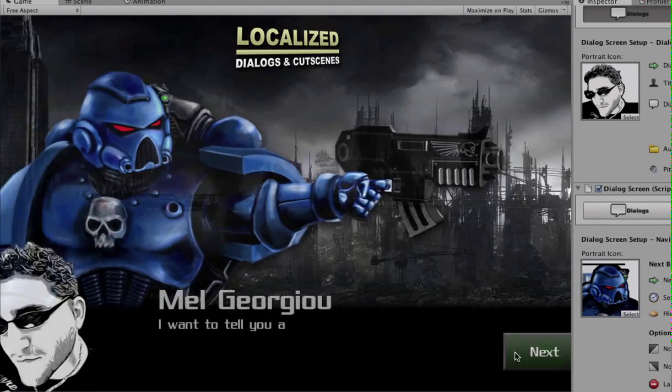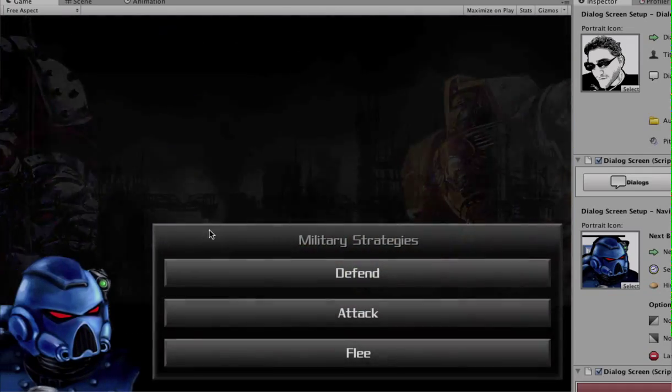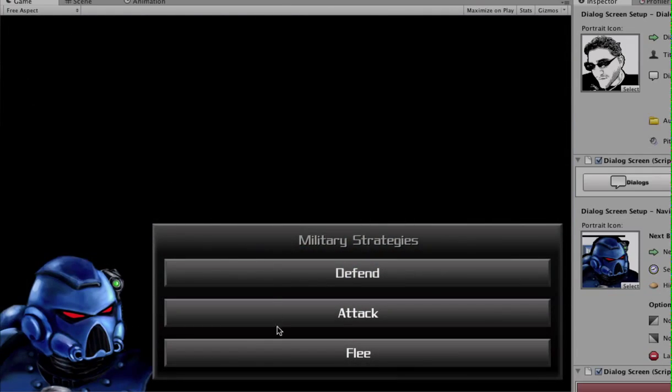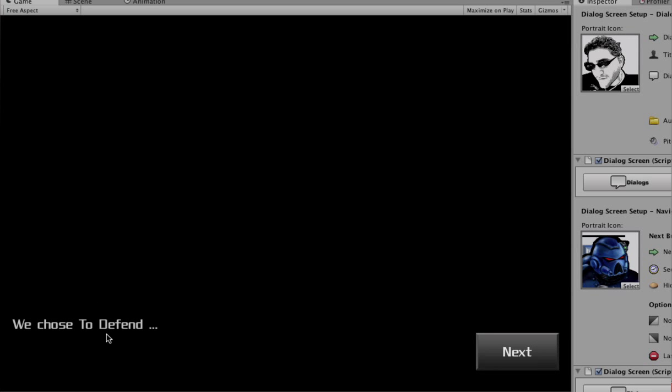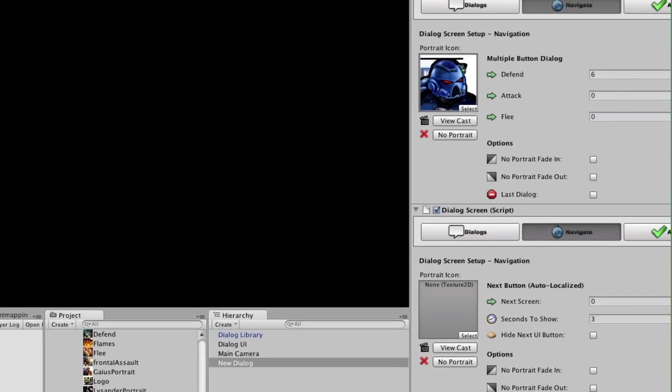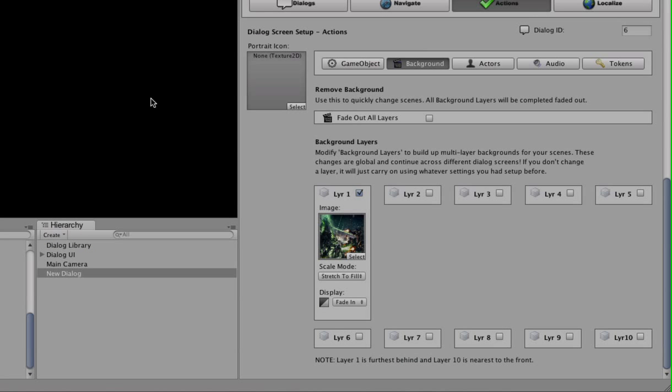Next. So here we have our 3 strategies. So we can choose defend, attack, and flee. Right now we only have defend. So if we say defend, we chose defend. And something else it looks like I forgot to do is I actually set the display mode to hide here. This should have been fade in. So if we click on play,